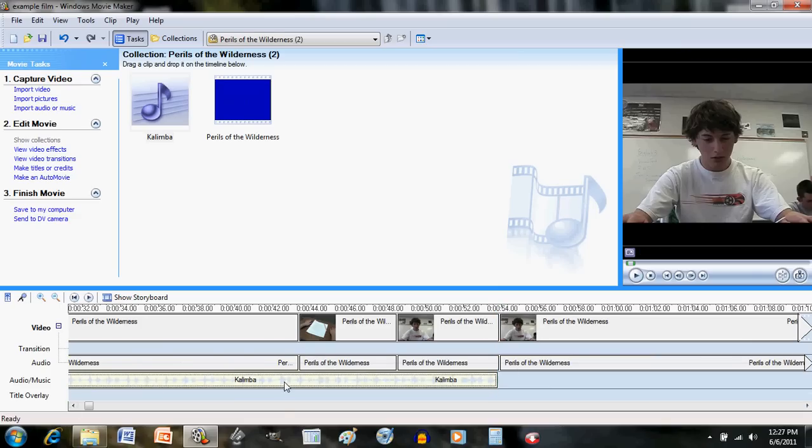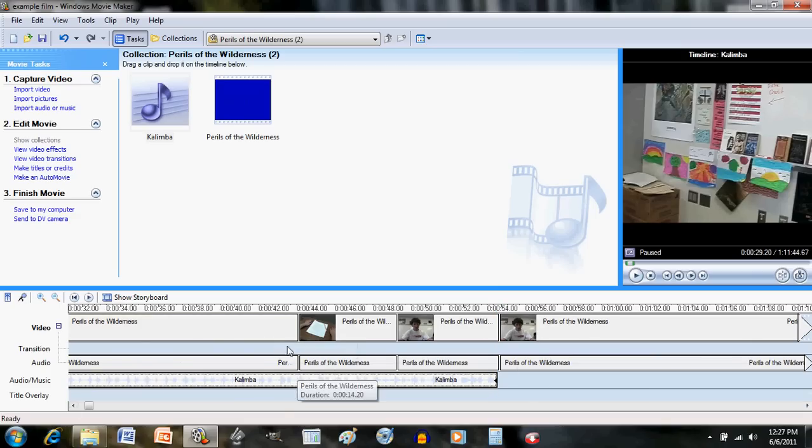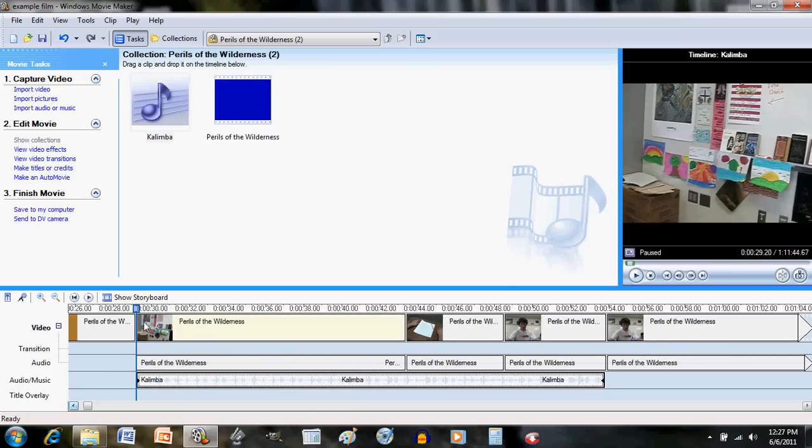The only thing you need to make sure of is, if you're splitting the music, that you're highlighted on the music, not on the video. Whatever it is highlighted on, that's what it will split. Like I said, we wanted to make sure that the music overpowered the video in this part,